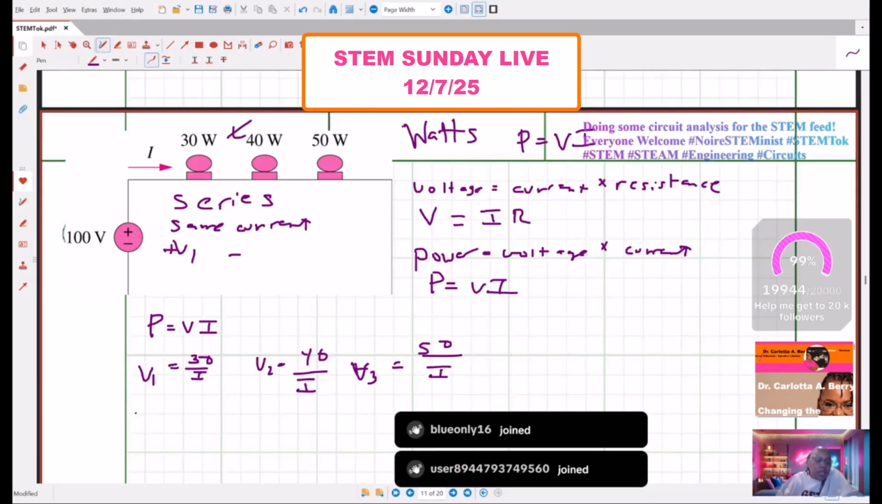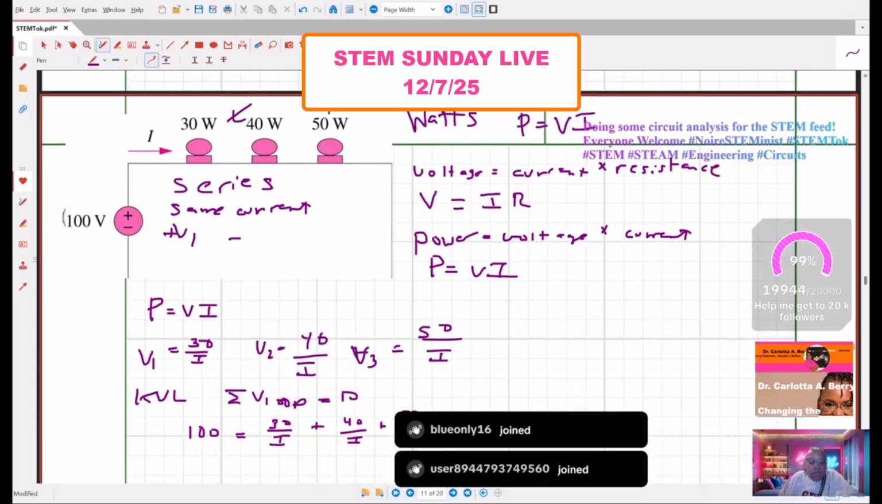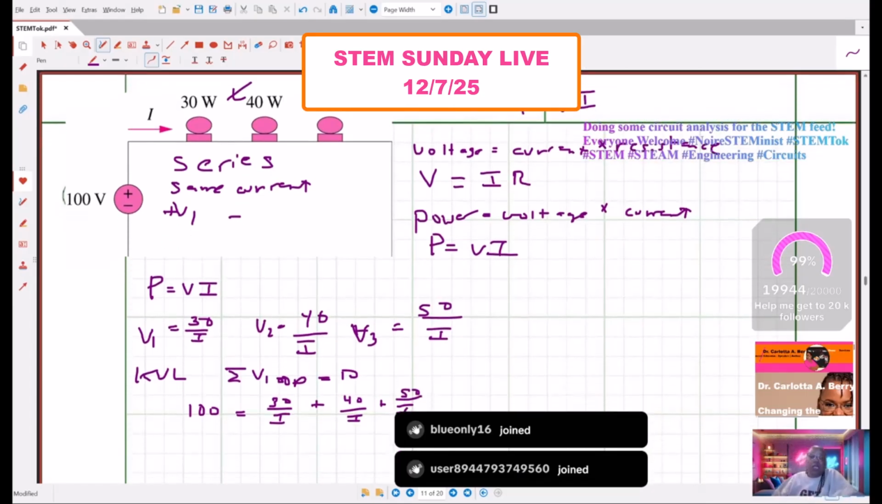So the sum of the voltages around the loop equals 0. That's called KVL. The sum of the voltages around a loop is equal to 0. So that means that 100 equals 30 over I plus 40 over I plus 50 over I. Now, how would I solve this for the current? I have one equation and one unknown. So the first thing you're going to do is use a common denominator. So I can rewrite this as 100 equals,